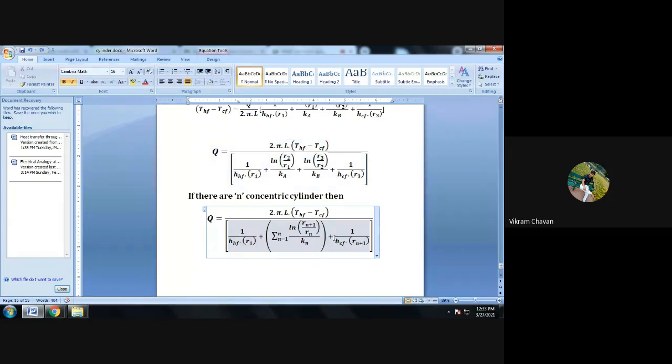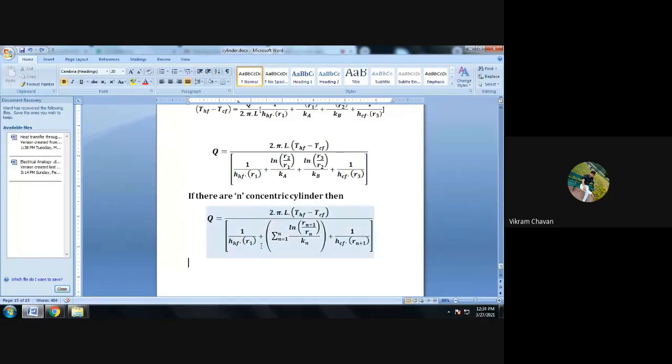तो जो भी फाइनल रेडियस होगा वहां से ही हीट ट्रांसफर आउटर फ्लूइड को ट्रांसफर होगी। तो जो R3 है, ये इस केस में 2 सिलेंडर है तो फाइनल रेडियस R3 है, तो n सिलेंडर की केस में कितने रेडियस हो गए? R suffix n plus 1 radius हो गया। So in that case, the final term will be 1 divided by H suffix CF multiplied by R suffix n plus 1. Getting everyone? This particular n concentric cylinder, if there are n concentric cylinder.